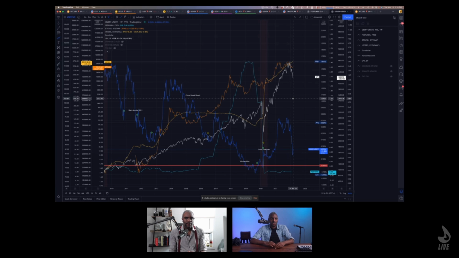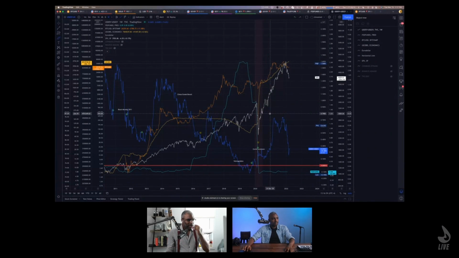A log chart shows exponential ranges better than a linear chart. Exactly. So if you have an exponential asymptote on a linear chart, it would look like a straight line on a logarithmic chart. Whenever you see a straight line on a logarithmic chart, you know you're looking at an exponential rate. Gotcha. Which is why I'm showing it here, because it's easier to see what was going on at the time as opposed to just the number of what the Bitcoin was at.